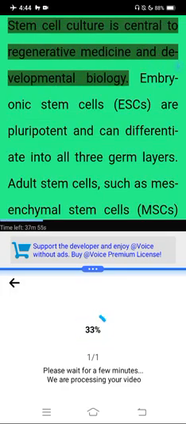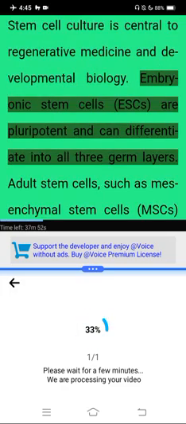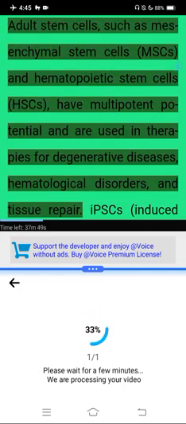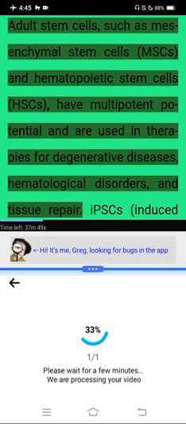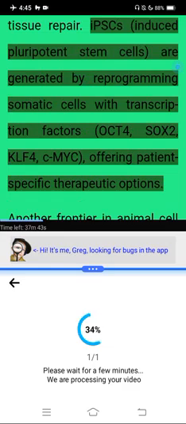Stem cell culture is central to regenerative medicine and developmental biology. Embryonic stem cells, ESCs, are pluripotent and can differentiate into all three germ layers. Adult stem cells, such as mesenchymal stem cells, MSCs, and hematopoietic stem cells, HSCs, have multipotent potential and are used in therapies for degenerative diseases, hematological disorders, and tissue repair. iPSCs, induced pluripotent stem cells, are generated by reprogramming somatic cells with transcription factors Oct4, SOX2, KLF4, c-MYC, offering